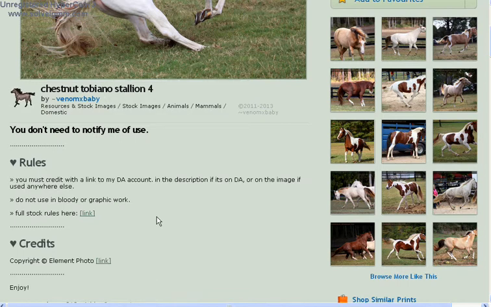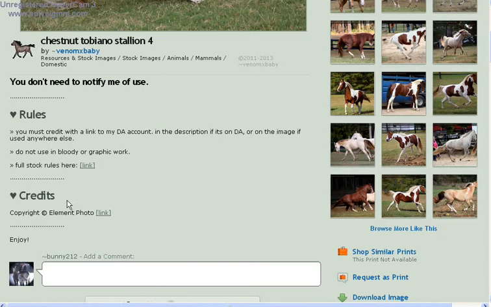And like, don't use in bloody or graphic work, which is pretty common. And then it also says here the full stock rules. You want to pay attention to that because there might be something that they don't allow it on sim sites or stuff like that. So you'll click on the link that they have,